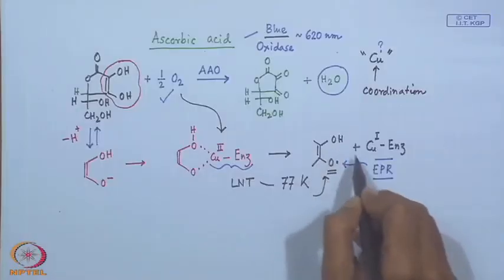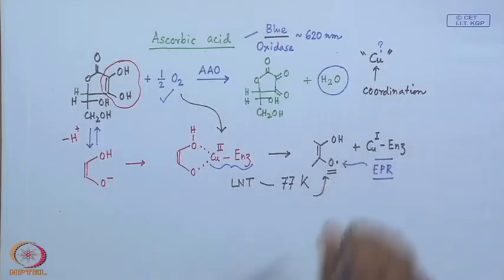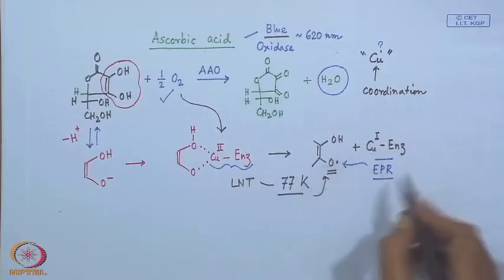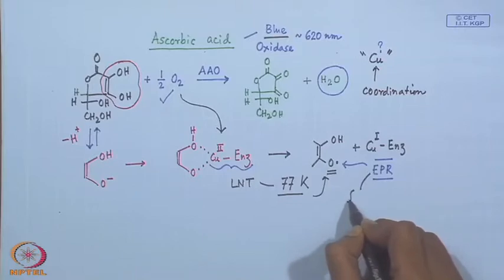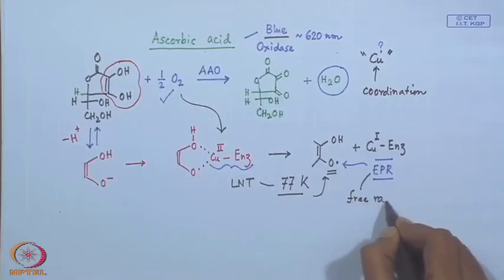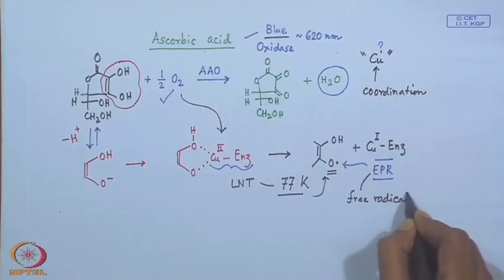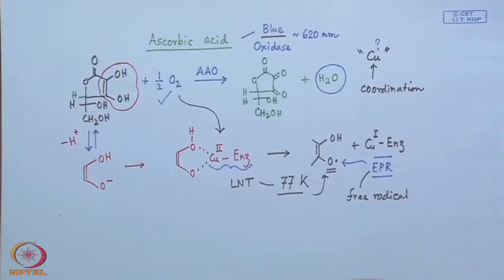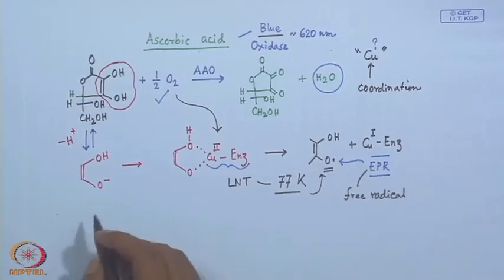Whatever lifetime it has is a transient lifetime, but you can freeze that free radical, and that free radical can give you the corresponding signal which is due to the presence of free radical. Okay. So, this multi-copper system and the entire reaction,